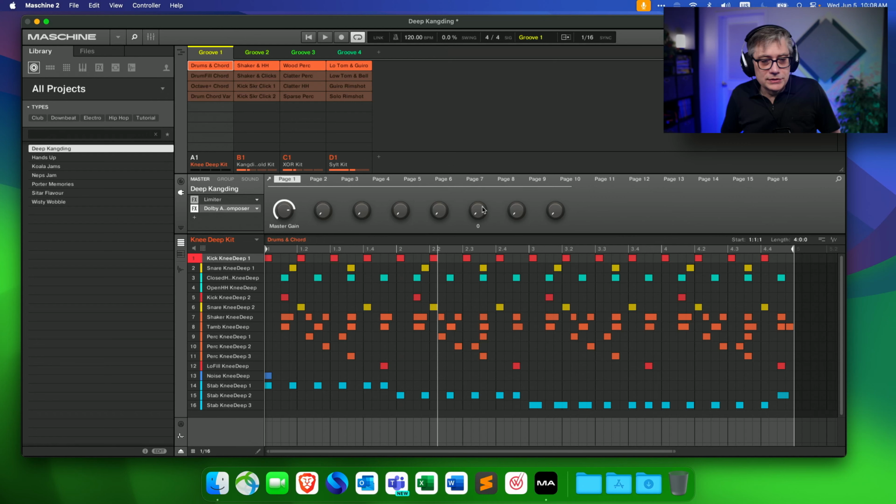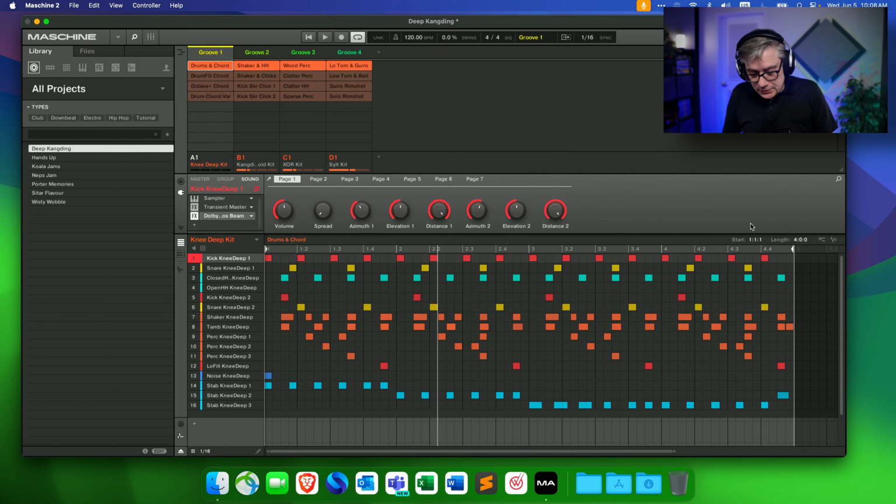Let's maybe start with the sound level. What we're going to do is add a Dolby Atmos Beam plugin to the first sound here. This is the kick. So let's do that. Here we have Fiedler Audio, and we're going to add a Dolby Atmos Beam plugin, and then let's play the sound. At that point, we should hear the kick,